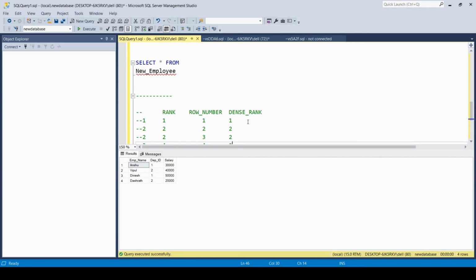Now coming back to the question. How can we solve this problem statement with the help of window functions? Any ideas? Any guesses? Just think about that, then we will solve the problem